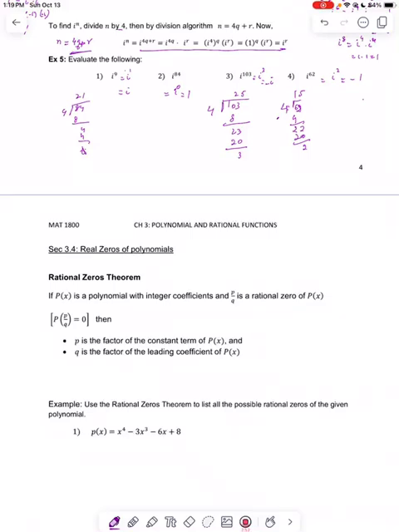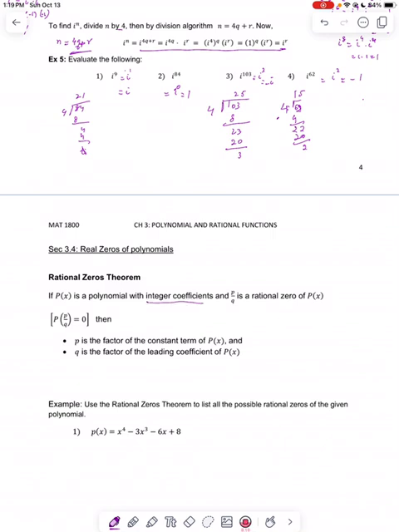Continuing with section 3.3-3.5, the last topic here is how to find the rational zeros of polynomials, if they exist. There is a rational zeros theorem which says that if p of x is a polynomial with integer coefficients,